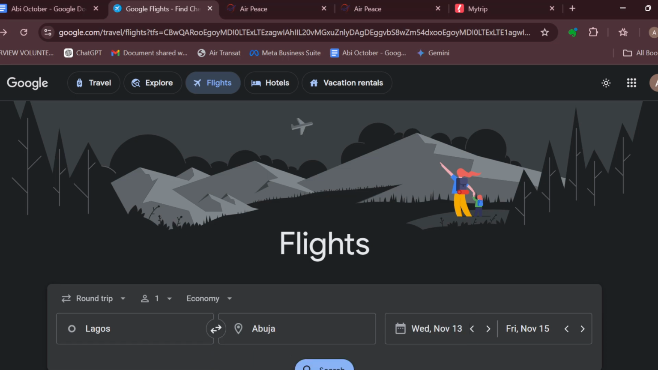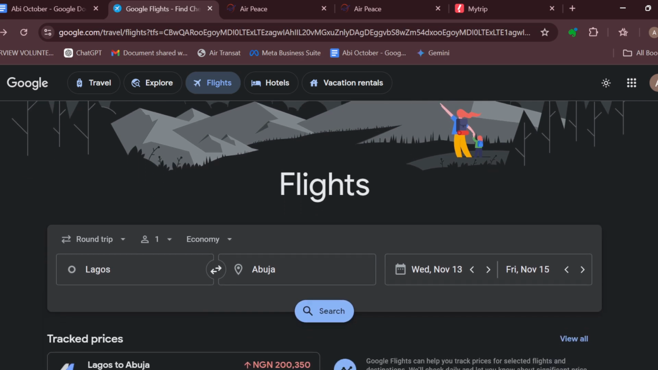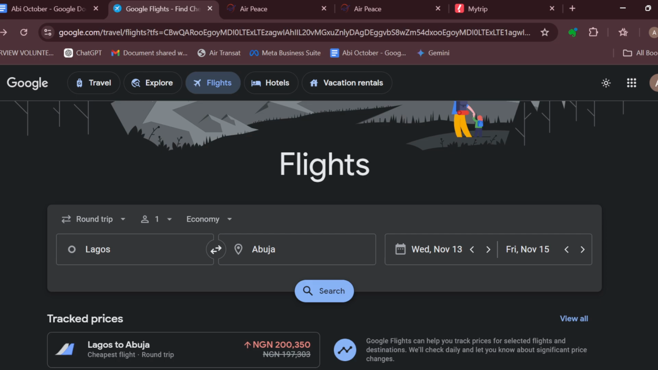In this tutorial, you will learn how you can book last minute flights on Google Flights. So how do you go about it? The first step is to log in to your Google Flights account, just like I've done here. And then once you're on this page, the next step is for you to scroll down to the flight section,